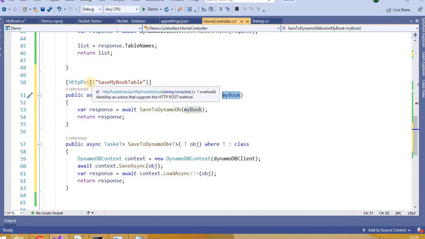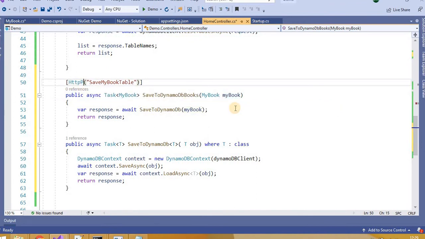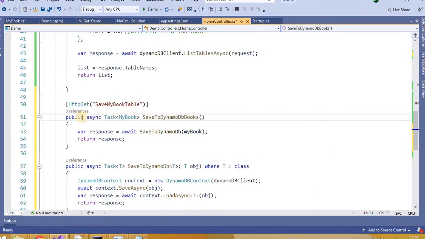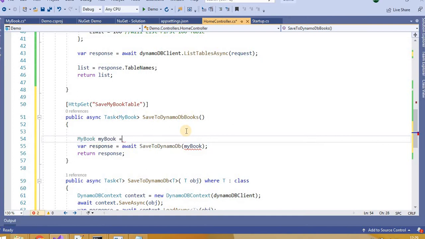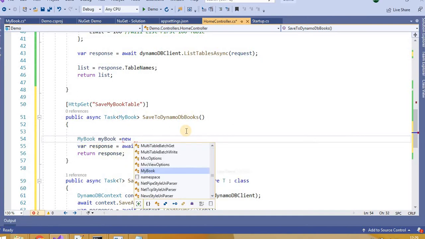Instead of the post method, just to speed up, let's use the GET method, right? So this is a GET method. Instead of taking this from outside, I'm just doing this for the speed up, otherwise we need to pass all these things in the post method. Let's say MyBook here.